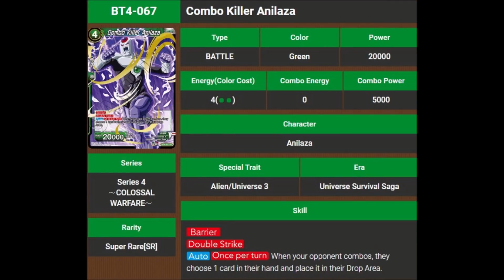Then we have this completely forgettable character from the Universe Survival arc, Combo Killer Anilaza. He's a 4-cost, 20,000 power. He's got barrier, double strike, just like the Piccolo. Once per turn, when your opponent combos, they choose 1 card in their hand and place it in their drop area. Not really that overwhelming. He stays alive because of barrier, I guess. If you don't attack with him, he just sits there. Kind of deters your opponent from comboing, I suppose, but